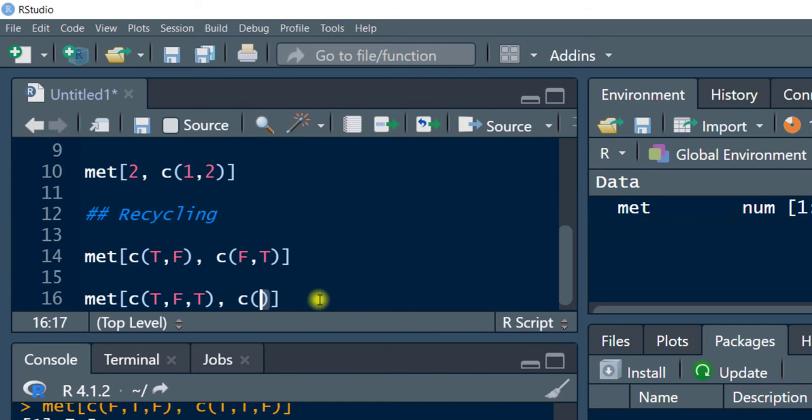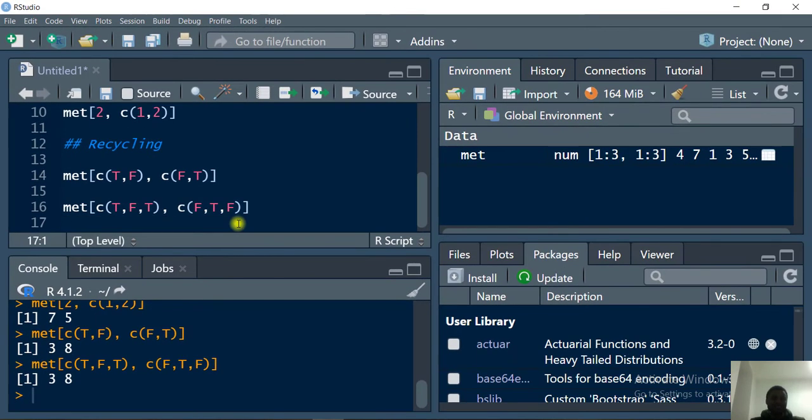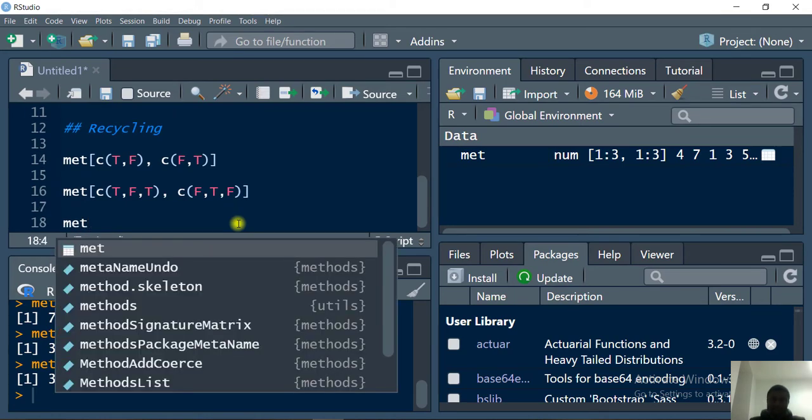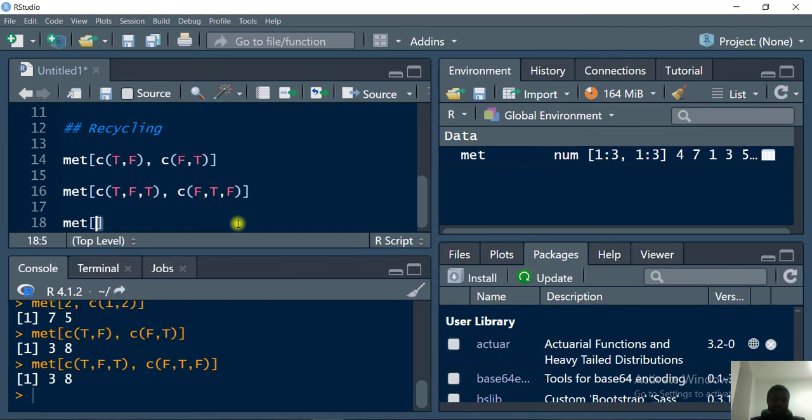This is for the column, I mean. So false, true, the next will be false. So if you run this, we have 3 and 8. So if you are to write it using the integer vector, it will be met